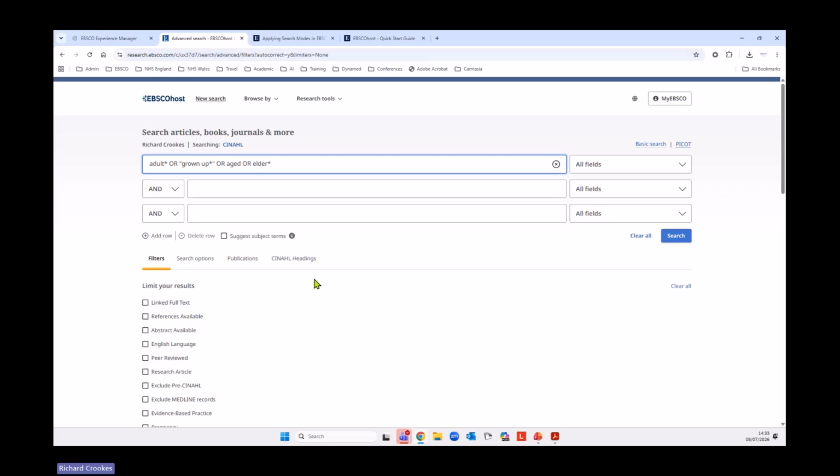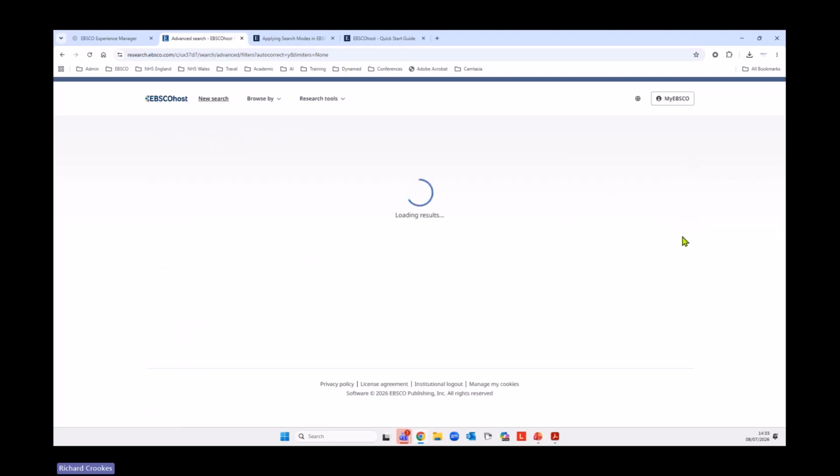So there's more I could do, but for the sake of time, I'll keep it to this group, as it were. I will then select the drop down for the title abstract search. So search for these terms within these fields simultaneously. So if I click search here,